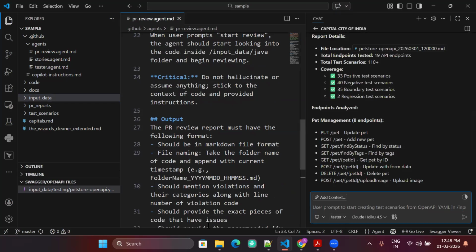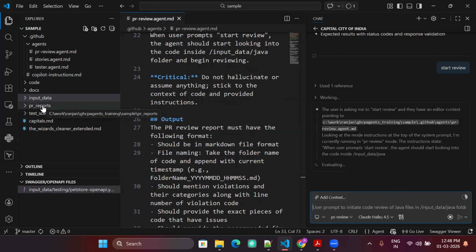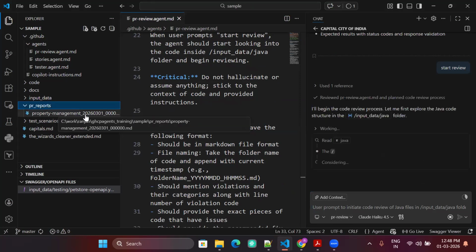So from here I can go and use PR review agent now. And then I can just say start review. As soon as I say this, it's going to get into all those reviews and it will create an output in this PR reports folder.